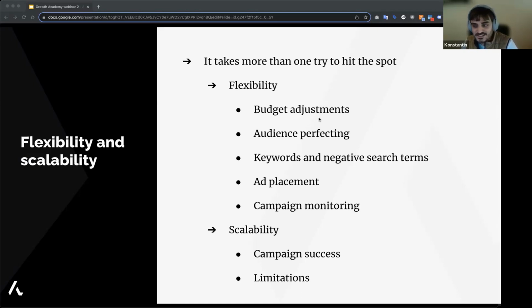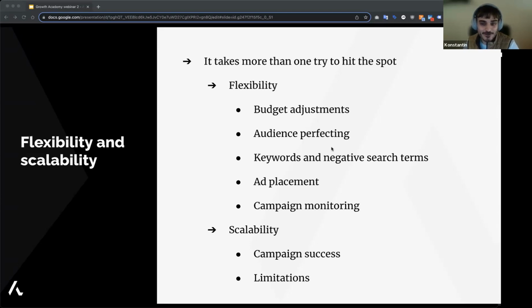So campaign success, everyone wants to be there. It's pretty much the moment where you created that campaign, you tested many variations, you hit the right spot, and you start seeing on your phone that you got a lead every day. And that's a really great feeling. I love it. I don't like looking at emails in the morning, but when I start seeing these notifications on LinkedIn and I see, okay, another lead, it just makes my day a little bit better.